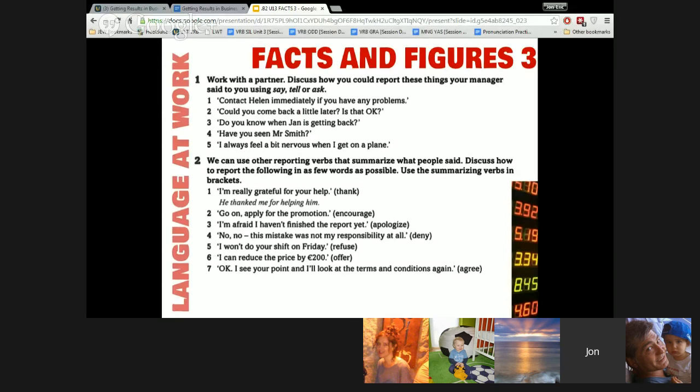I don't know. It's reported speech, isn't it? It is reported speech, right? Yeah, I have no experience in reported speech. You will now. Are you ready to learn? Yeah, of course. So, let's do it. Your manager is the one who said that statement to you. Your manager told it to you. You need to explain to Jose what your manager said.